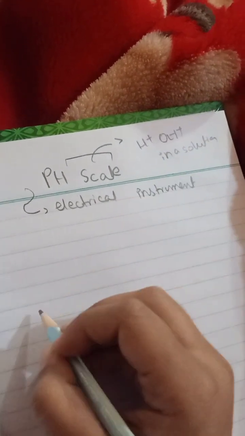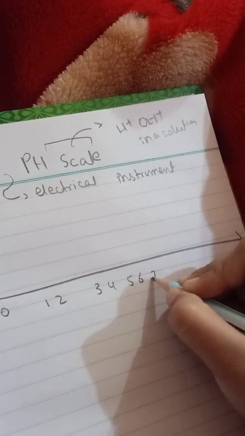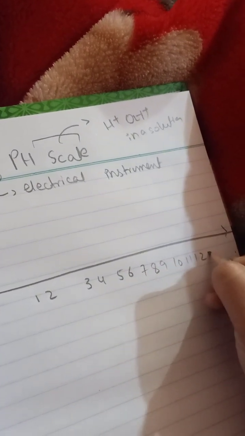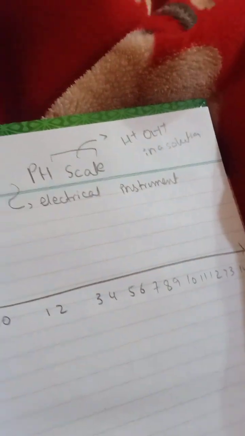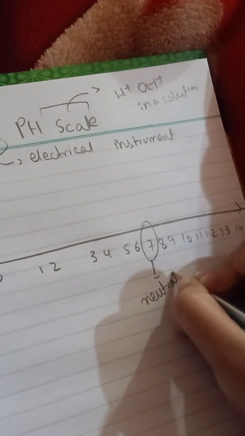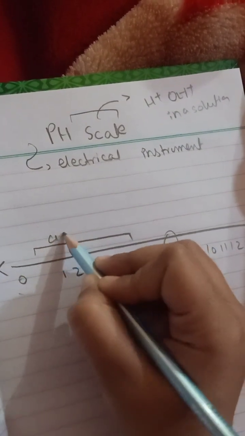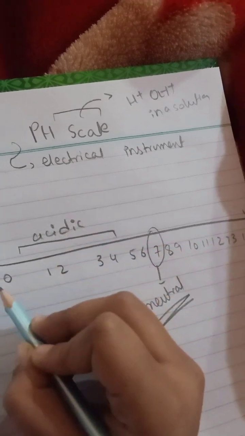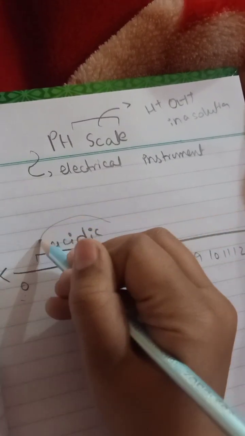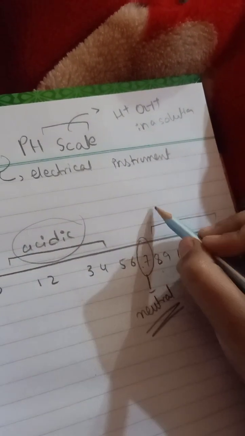Let's talk about how. The pH scale is from 0 to 14. 7 is neutral, as you all know: no acidic, no basic nature in the solution. If the pH of any solution is between 0 to 6, we call the solution acidic. If the pH is 8 to 14, we call that basic,